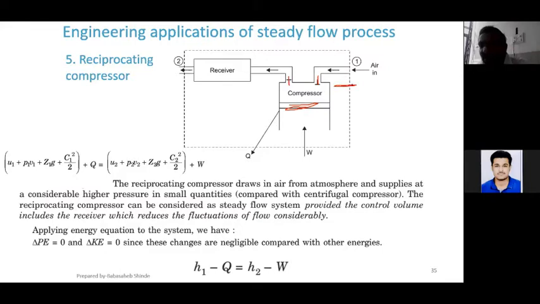This position is called as top dead center or topmost position. And during the suction stroke, in the sense, when air enters this compression chamber, then this piston will start moving from this top position to bottom position. And when it reaches the bottom position, this suction valve will get closed. This delivery valve will also be closed for certain period of time, and piston will start moving from this bottommost position